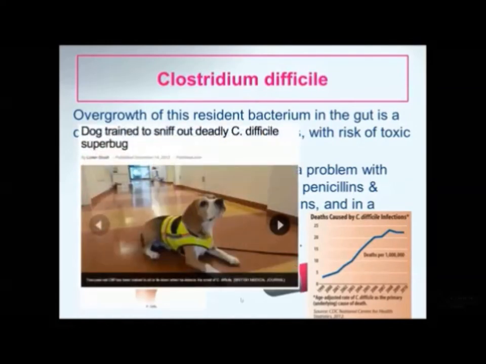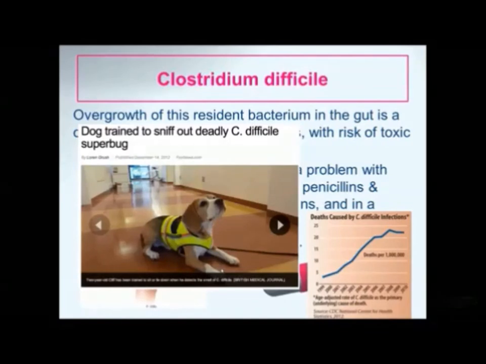And I put this in because I thought this will help you to remember C. difficile. We've got Cliff. Now, I don't know if he's the only beagle who's been trained, but he can smell Clostridium difficile in healthcare environments. So he's trained to sit down, as the drug-sniffing dogs are at airports, when he gets a whiff of Clostridium difficile. So the idea is that these dogs would become very useful for helping to increase the infection control protocols